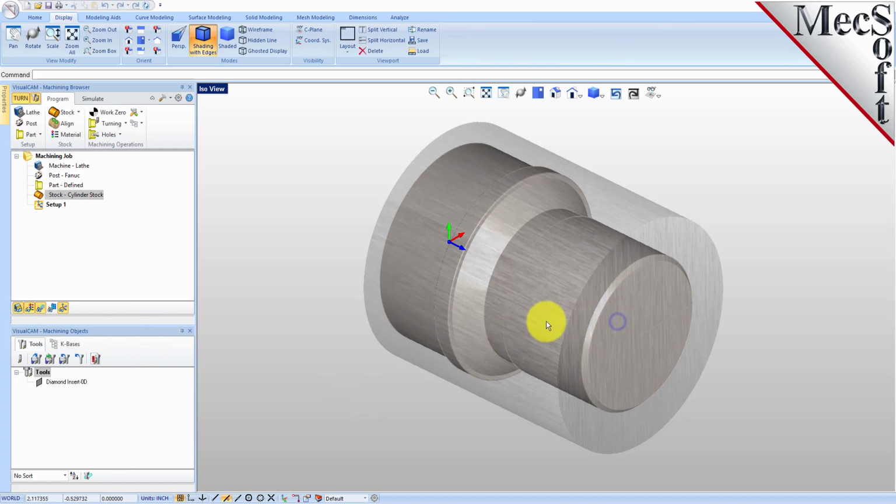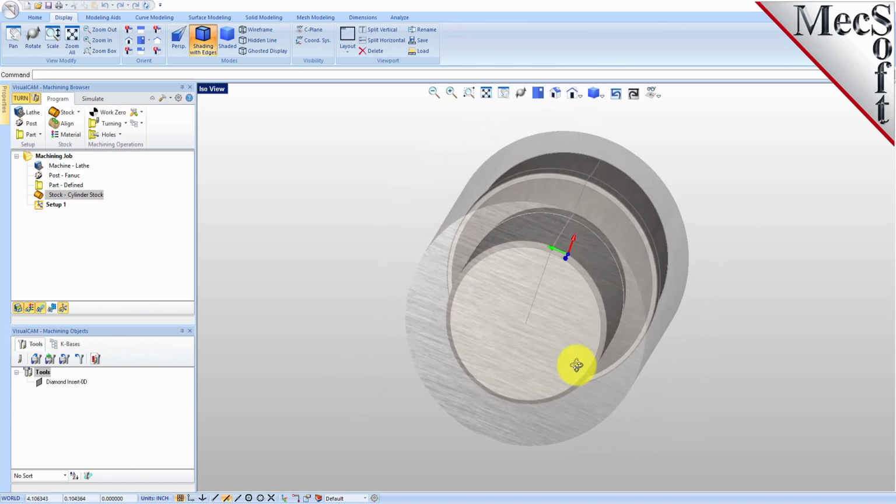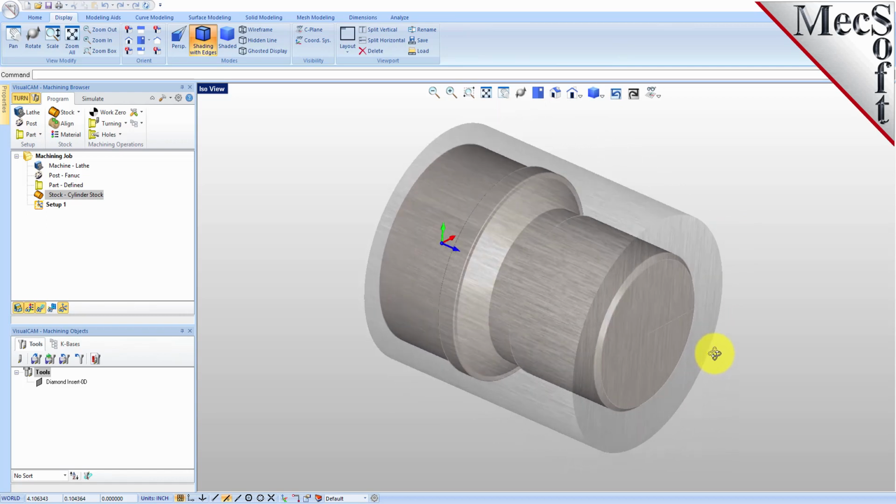Now, let's discuss the machining setup. The setup icon displayed in the job tree defines the Turn Machine Coordinate System, or MCS, and is defined automatically. CNC turning centers, or lathes, use the Cartesian coordinate system for programmed coordinates. They follow the convention that the spindle axis of rotation is designated as the Z-axis. Secondly, the axis perpendicular to this axis, along which the tool travels to cut into the stock, is designated as